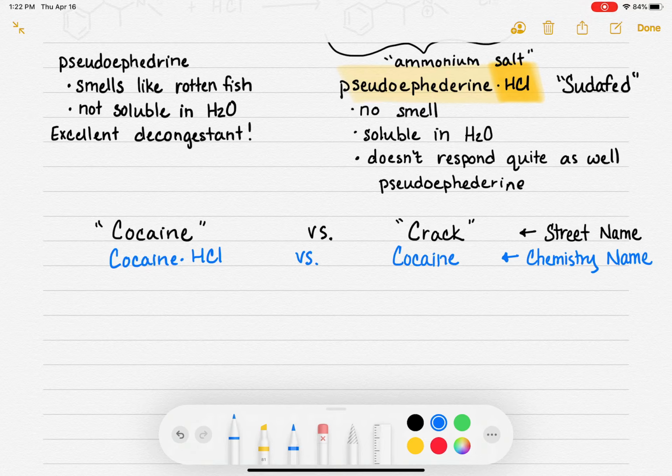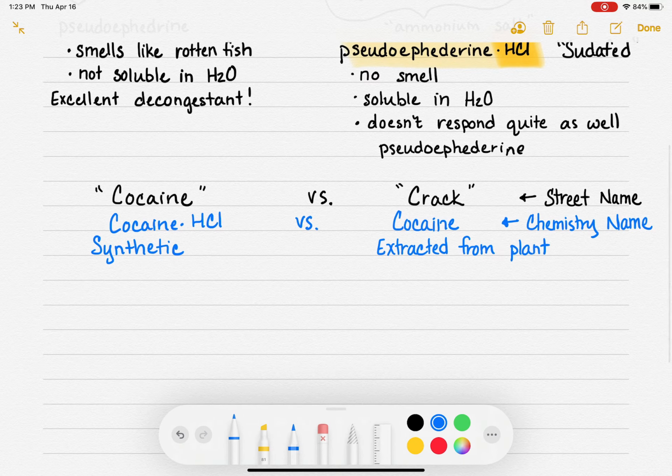So this is the form that is extracted from the plant, which also is funky because we think of crack as like a dirty kind of processed drug, which is true. By the time it comes back to you, the user, as crack, it's been through a lot of different reactions and processes. But crack is similar to the pure molecule that's extracted from the plant, whereas cocaine is synthetic. When you buy cocaine, it has been altered. It is not made in a plant.